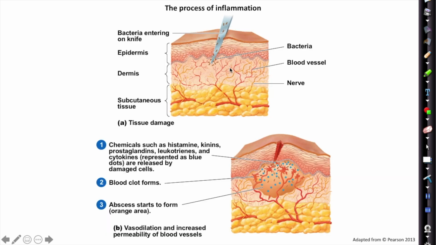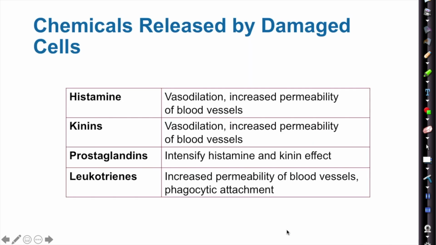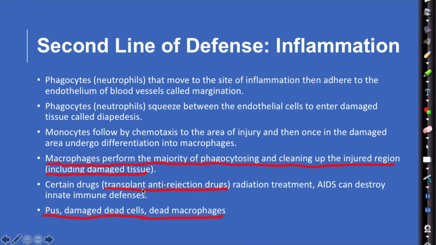This just shows you that if you have a wound, you're going to have what we just talked about, and then you're going to form a clot, which is called a scab as well, for protection of the tissue. This tells you what the histamine, the kinins, and the prostaglandins do, and the leukotrienes. These are all chemical signals that are released by the basophils, or a mast cell. So phagocytes move neutrophils that